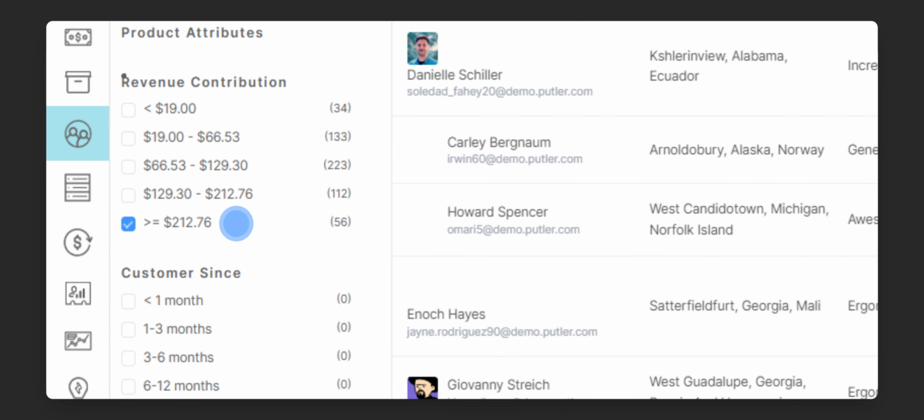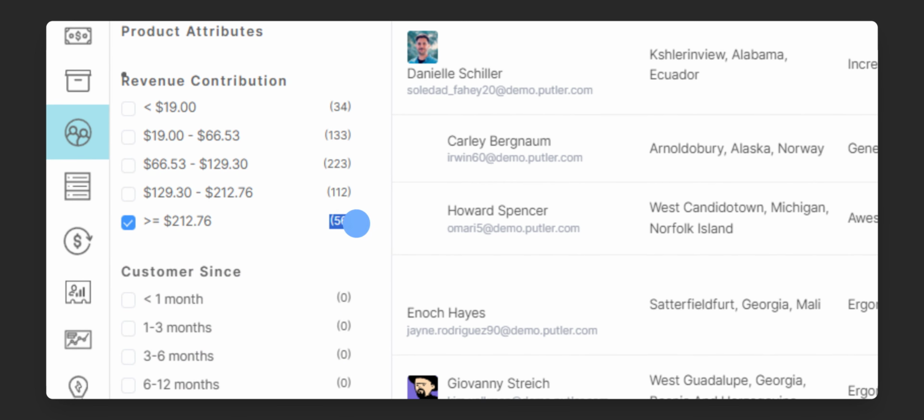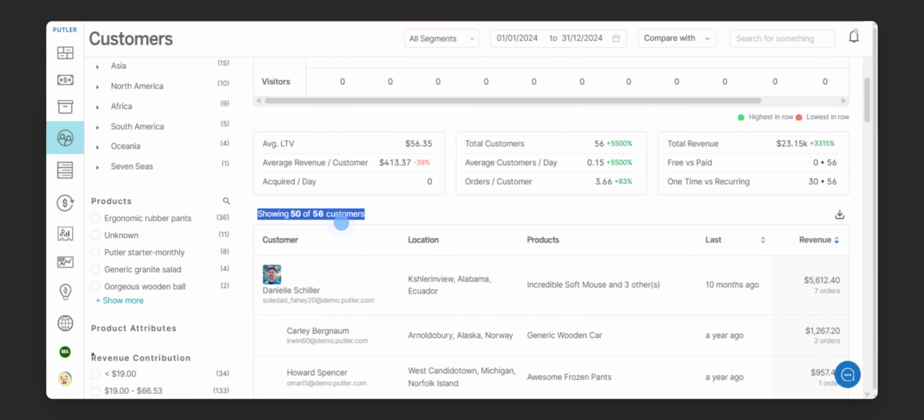Now, this is my dummy data, and here I'm selecting the greater than or equal to $212.76. In brackets, you'll see a number, for example, 56. That means 56 customers have placed orders worth more than $212.76. Now, click on that group, and in the Customer List view, you'll see details of only those 56